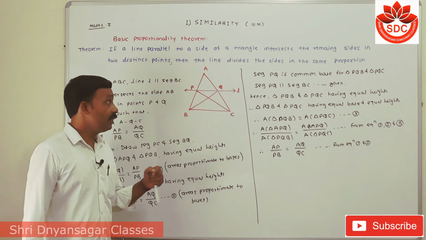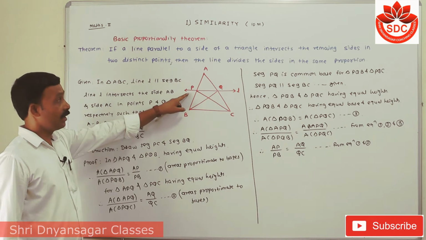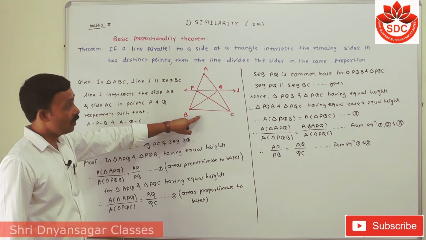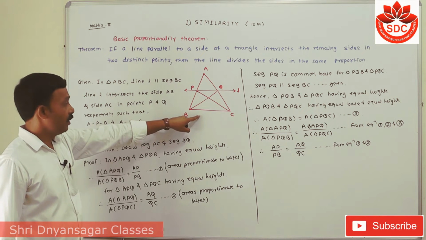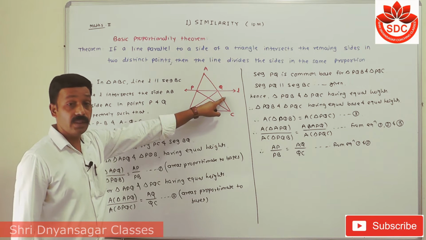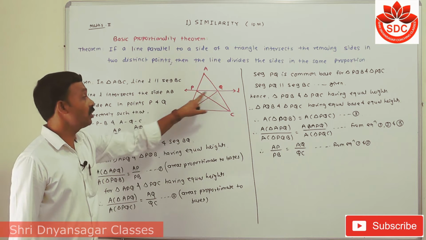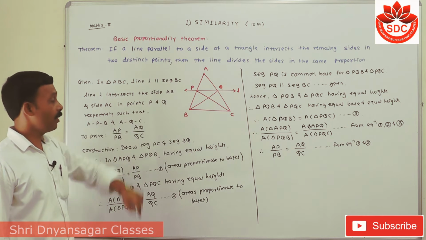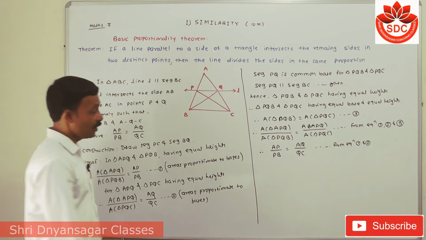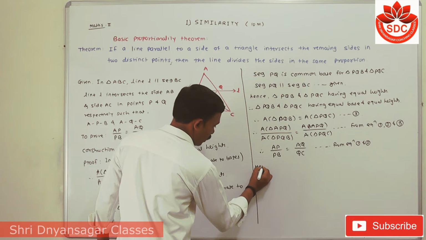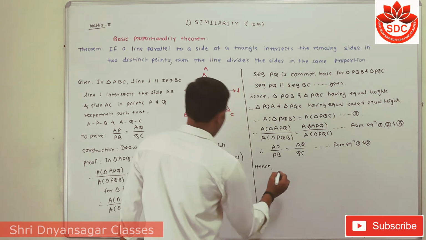Means that in these triangles, if a line is parallel to the side of a triangle, intersect remaining two sides in two distinct points, then the line divides those sides in same proportion. Again we write this sentence. So hence if a line